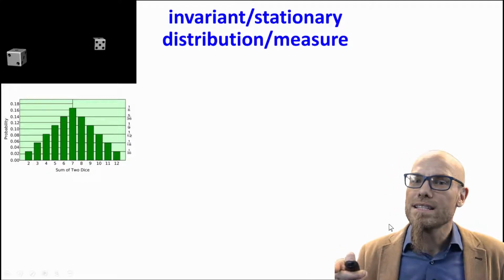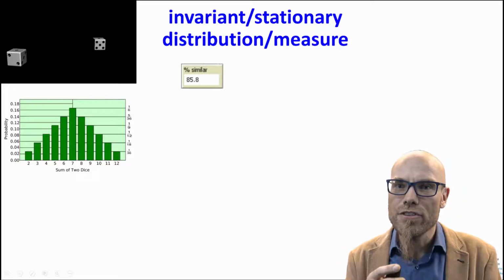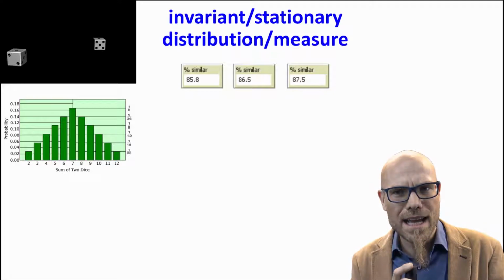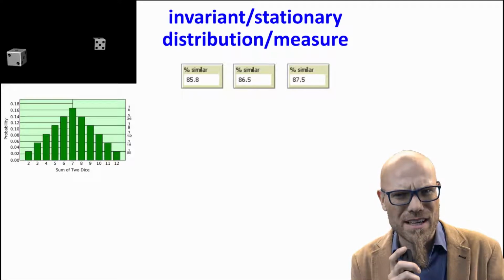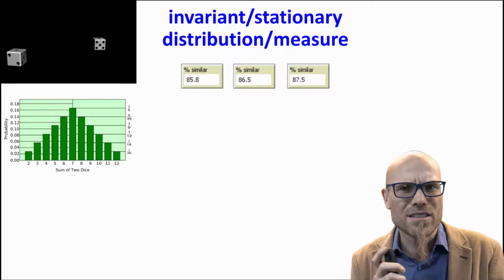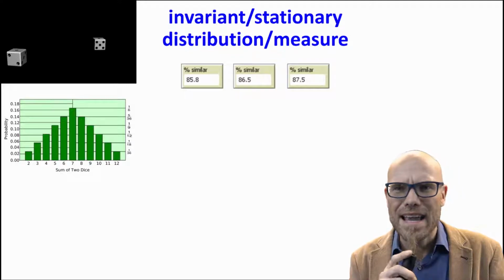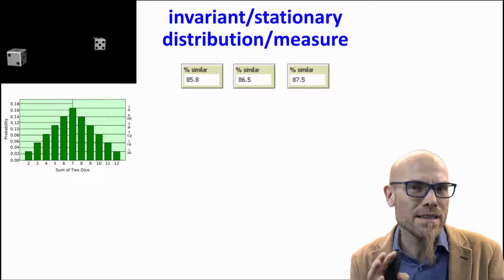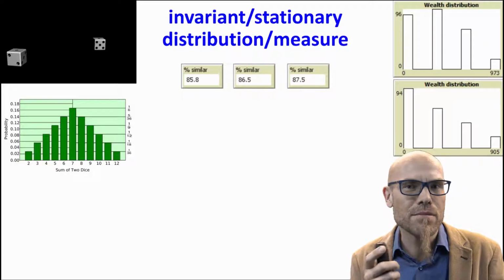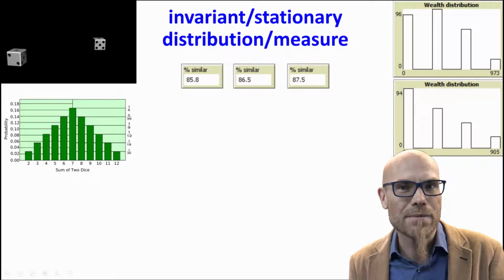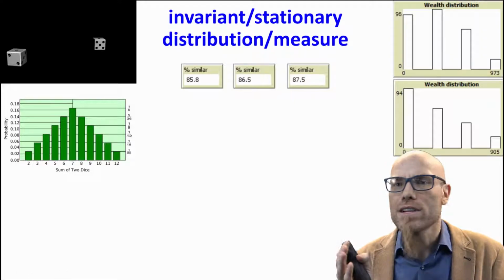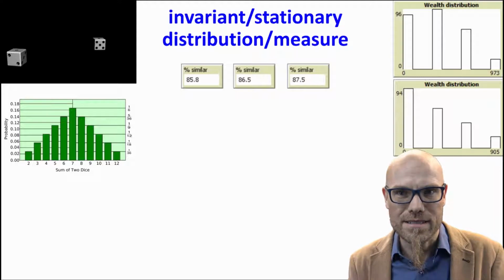So you have this distribution that's called an invariant distribution. If you run, for example, the Schelling segregation model many times, we saw every time it's a slightly different outcome. So segregation is 85.8, 86.5, 87.5, but in the ballpark. Same with Sugarscape: the income distribution is not always exactly the same, but we saw, for example, these four terraces that we have here.